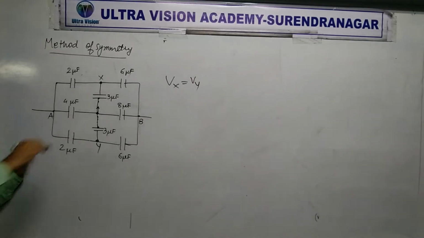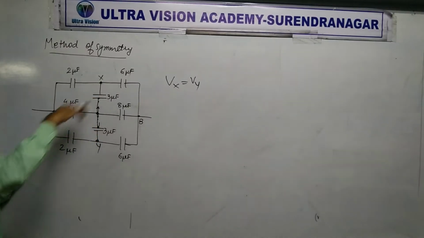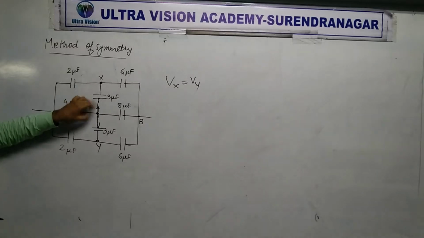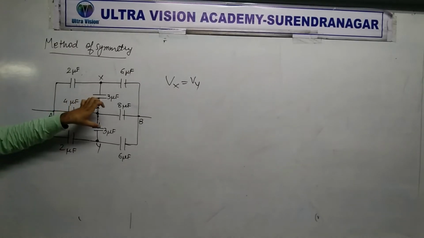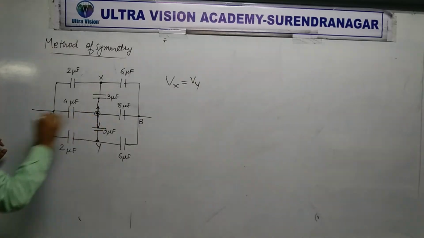Here or not here? Same amount of charge should go here. Got it or not? So the flow of charges here is going to be opposite to each other. So in such cases, this middle point,